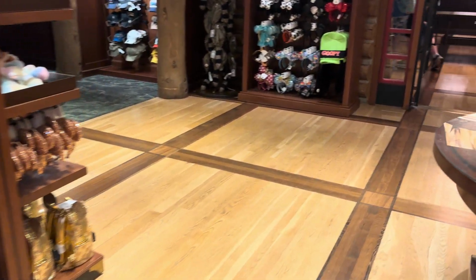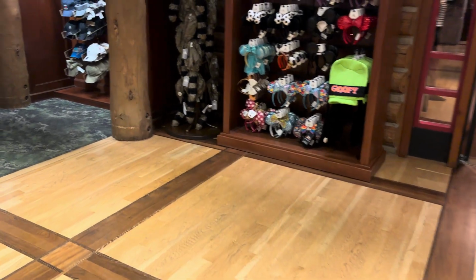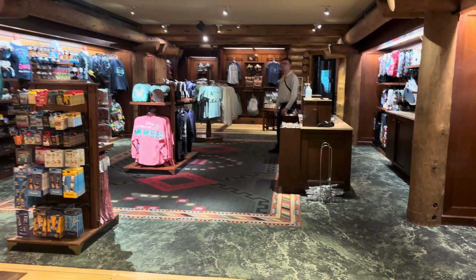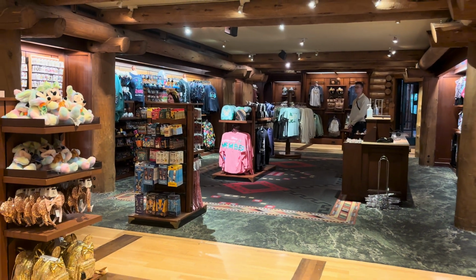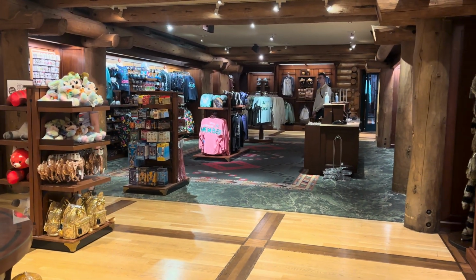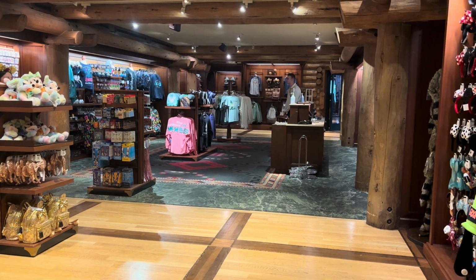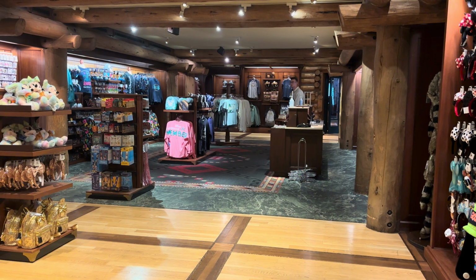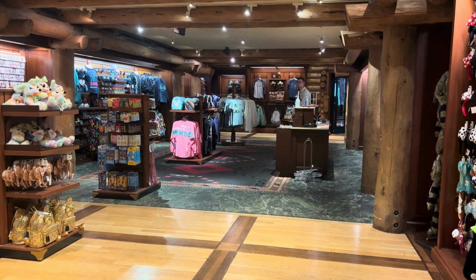And so guys, this is by far one of our top three favorite merchandise stores in all of Disney. It is here in Wilderness Lodge, which is our favorite resort in all of Disney. It's a great place to come to get some resort type wear, and then some of the more traditional souvenirs and items you want. And also